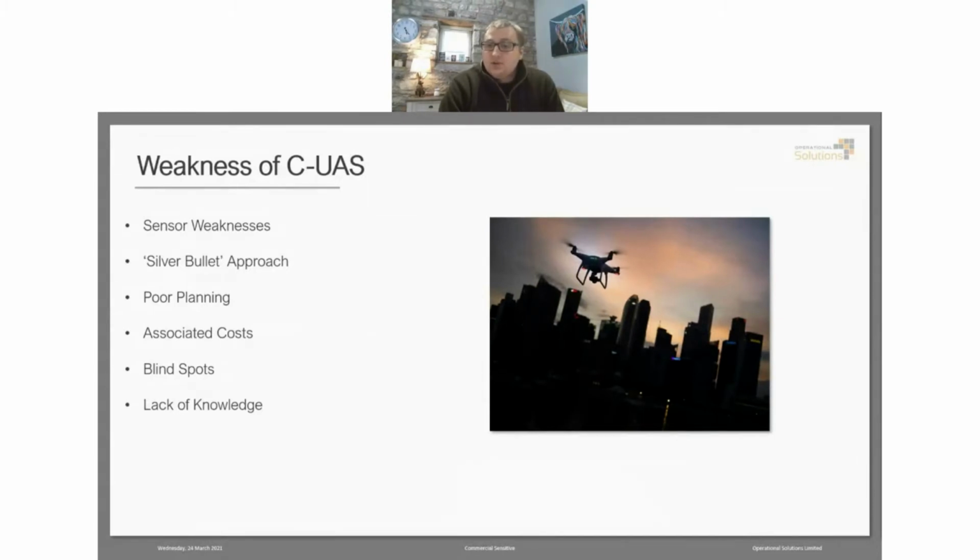Now, the only way you can really do that in a real world scenario is by taking all the equipment to site, setting it up, doing all the calibrations, making sure all the sensors are where they're meant to be. And then from there, flying a drone, and if it was an airport, it's going to be across the airfield, and seeing where those gaps in coverage may be. Then you could start to add additional sensors, saying, right, we need a gap filler in here, we need a gap filler over there,